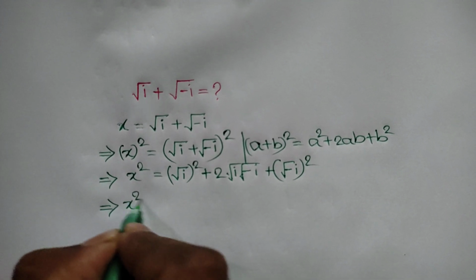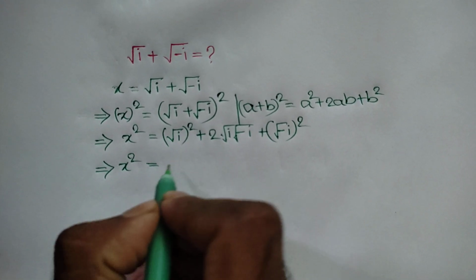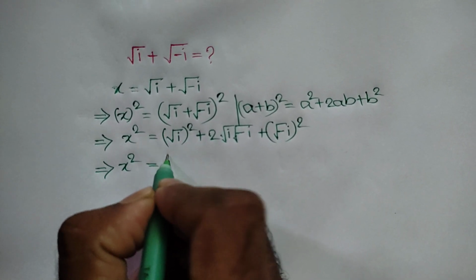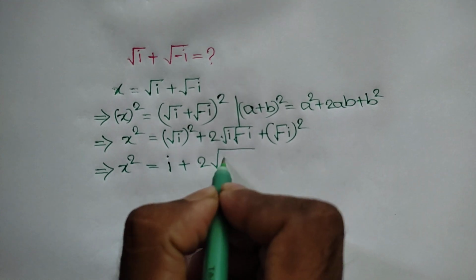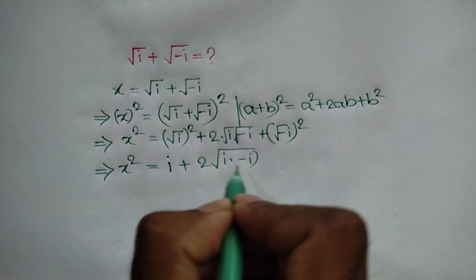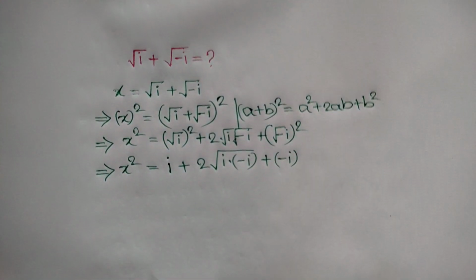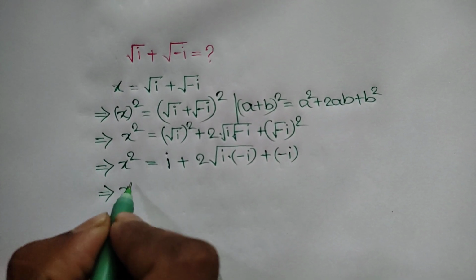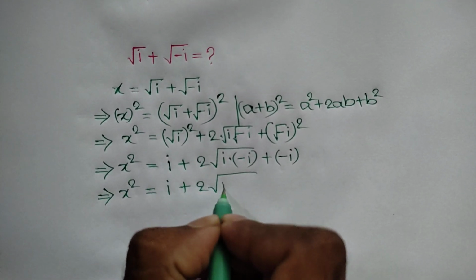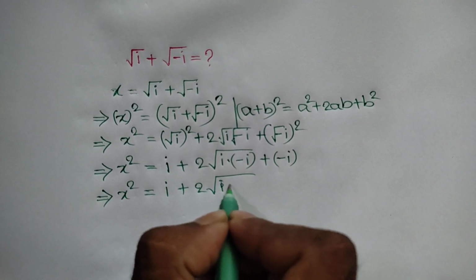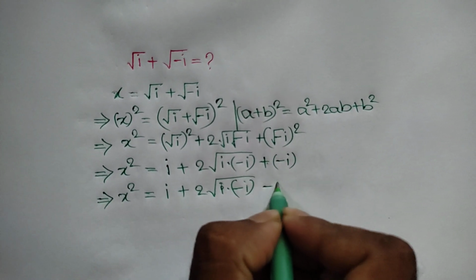or x square is equal to, this square cancels out this square root, so it will remain i, plus here we can write 2 square root of i times negative i, plus here we will get negative i, or x square is equal to i plus 2 times square root of i times negative i, here plus times minus, it will remain minus i,